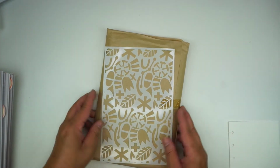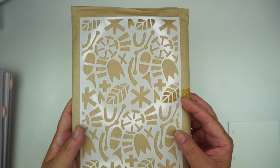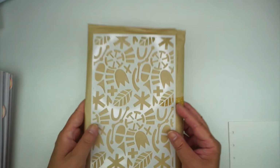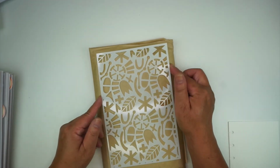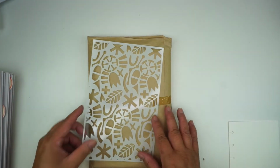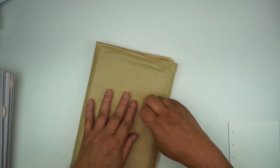And then this one's really cute. This one's like all kinds of little designs. That one's super cute. I think this one, they call it a trinket stamp. I'll link these down below too if they're still available. And then this is the kit itself,